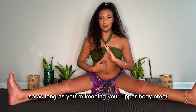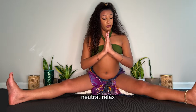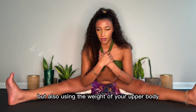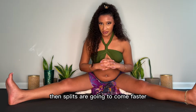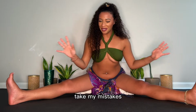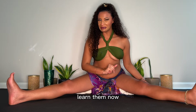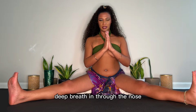So as long as you're keeping your upper body erect, neutral, relaxed, but also using the weight of your upper body to your advantage, then splits are going to come faster. Take my mistakes, my many years of mistakes, and learn them now. So getting comfortable, deep breath in through the nose,